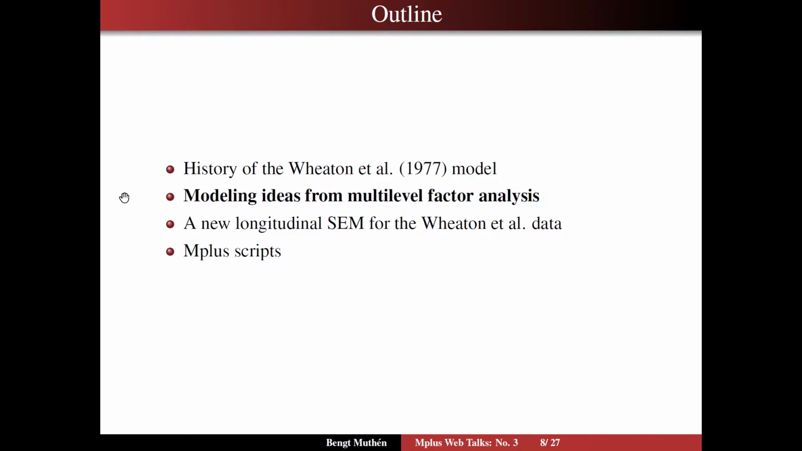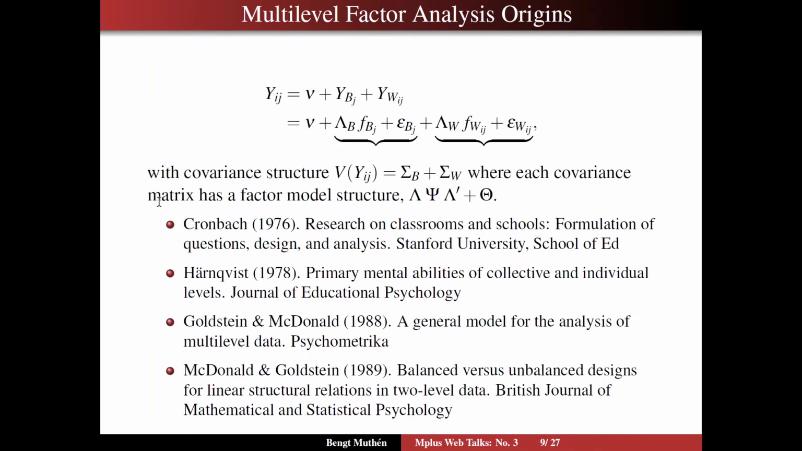Now we're going to try to explain how the new modeling came about that fitted the Wheaton data better. So on slide 8 we have the outline showing that we're going to draw on modeling ideas from multi-level factor analysis. On slide 9 then you have a model, a vector of observations or variables y for individual i in cluster